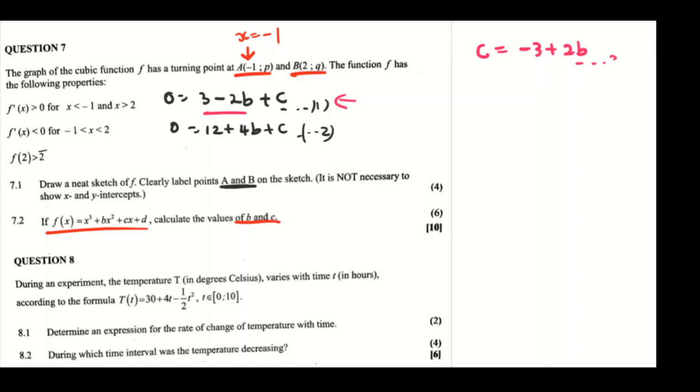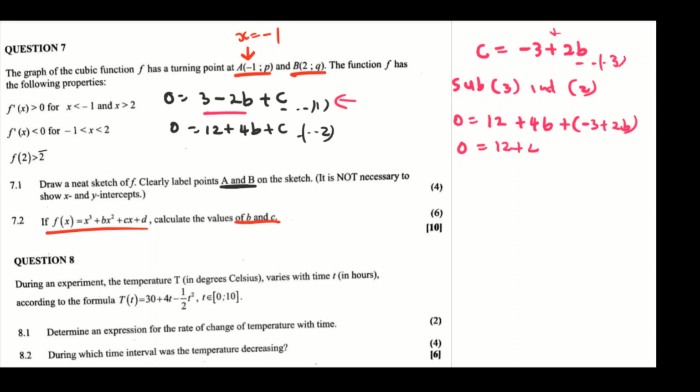So this is my equation 3. I'm going to substitute equation 3 into equation 2. Where I see c, I'm just going to put this, right? So it's 0 is equal to 12 plus 4b plus my c, which is minus 3 plus 2b. So 0 is equal to 12 plus 4b